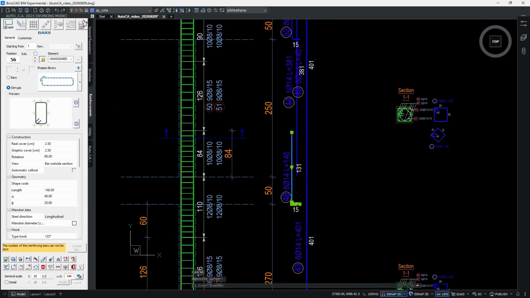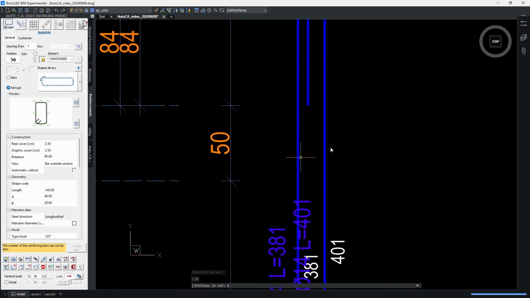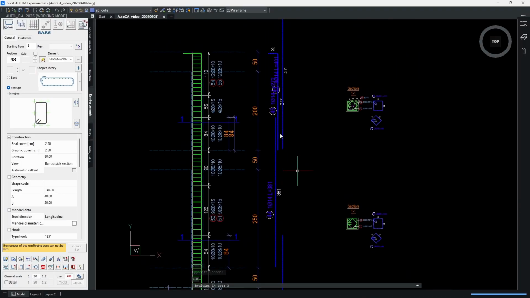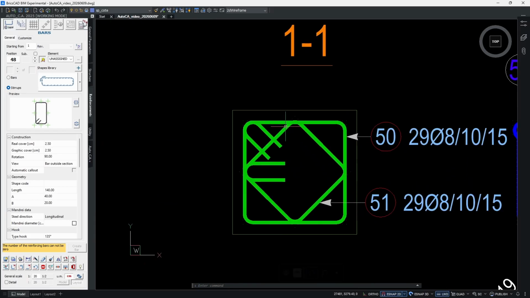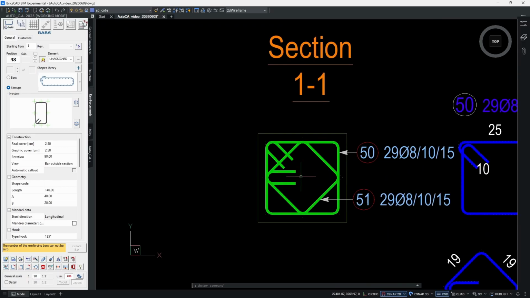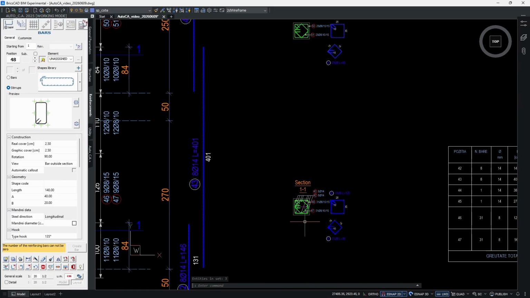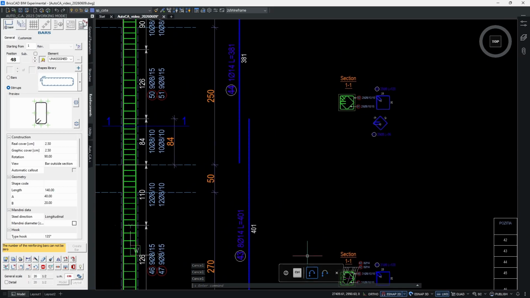Now we need to fix some straight bars, because I see that I did a mistake there by copying everything. Now, as you can see, we are just deleting the outside bars, the longitudinal bars, but the bar sections are now missing as well. That's because of the link between them. Let me choose 1, 2. Okay, and now we can copy the section bars and reassign them to the proper